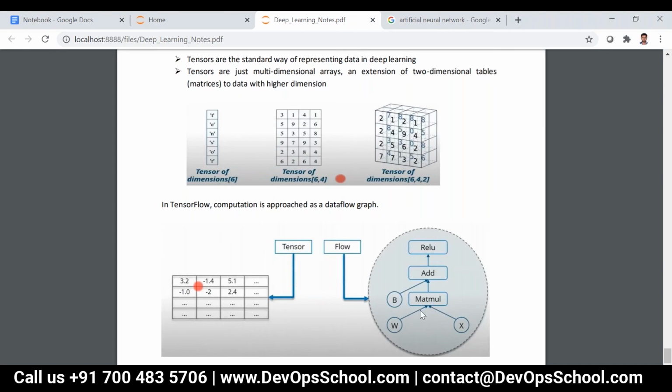Then it will be added, and then bias will be added. Bias will always be constant, mostly it will be 1 always. If you want to relate it in terms of a linear equation, I can say y is equal to mx plus c. So this is x, this is m, and this is c.